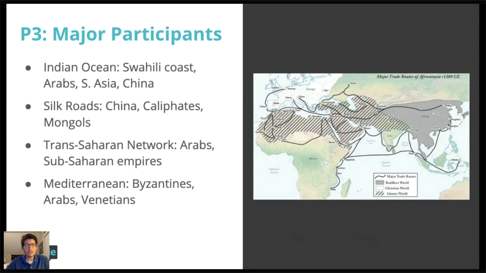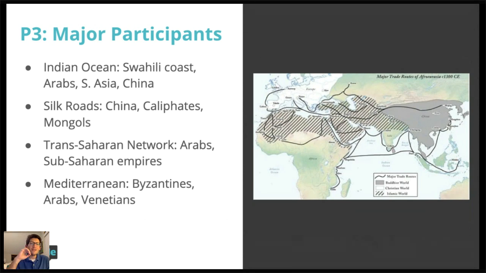The Silk Roads, you're going to have China on one end. Depending on the time period, you have the Byzantines and the Islamic caliphates on the western edge. Eventually, the Silk Roads are united together by the Mongols. Throughout this time period, remember, it's 600 to 1450. That's time period 3. You may want to add that in the heading for your chart, what your time periods are. That's something I completely forgot to put in this presentation, so it might be worth noting.